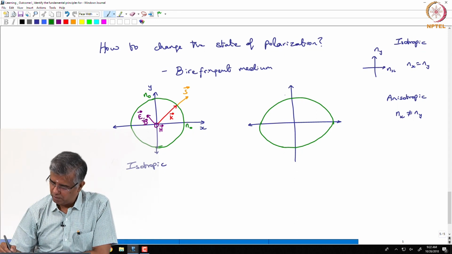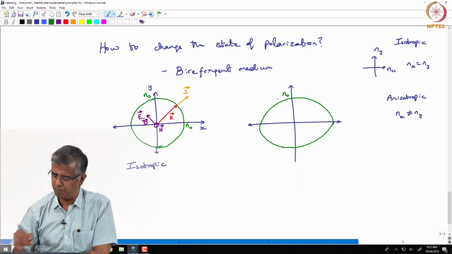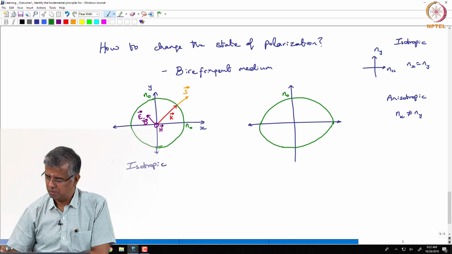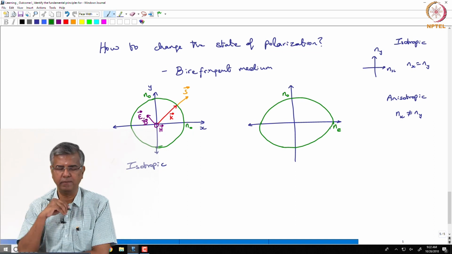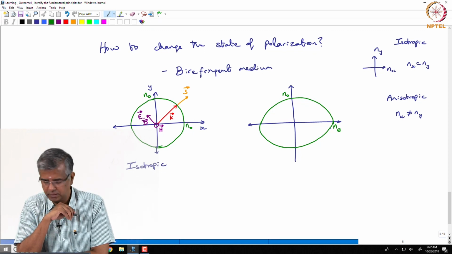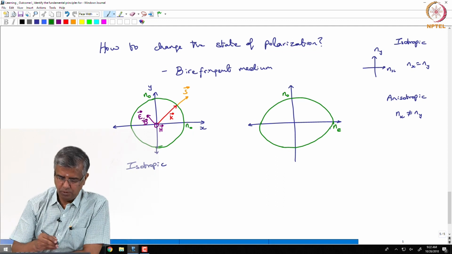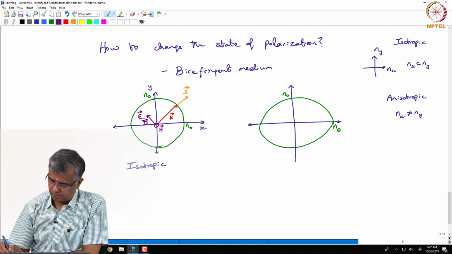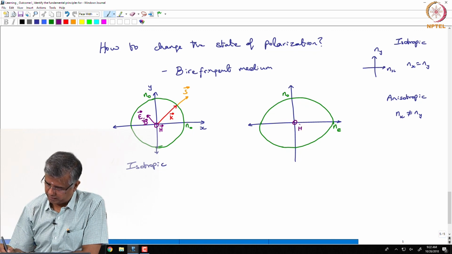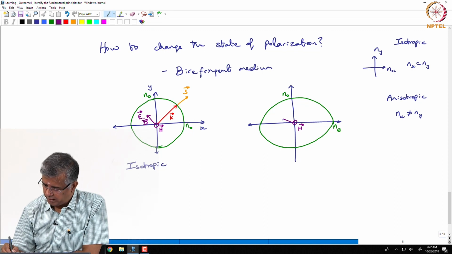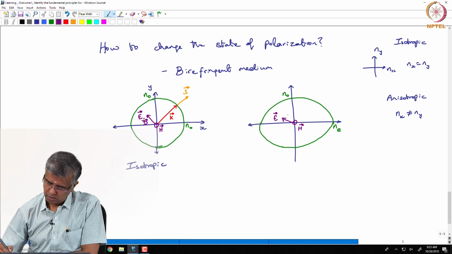And it may be along one direction, it may be with the same refractive index as the other case, but in the other direction the refractive index is different. We call that Ne. Now, in this medium, let us say once again the magnetic field is like this, and if you look at the electric field, let us say is like this, but when you look at the displacement vector,